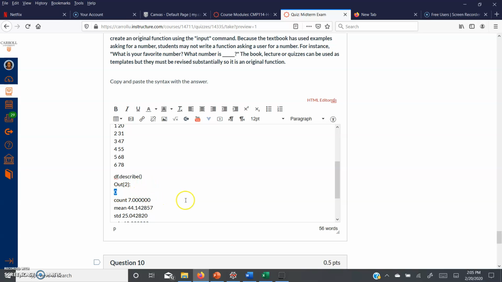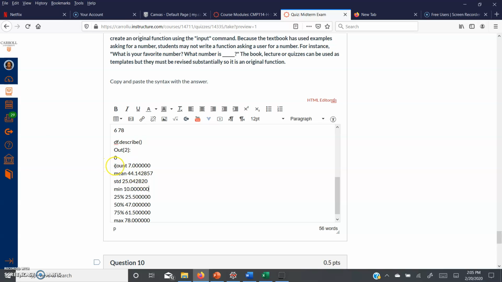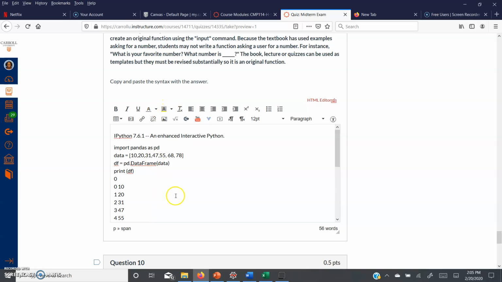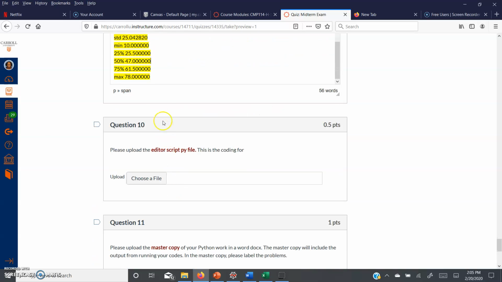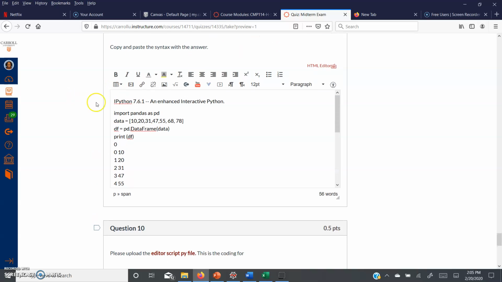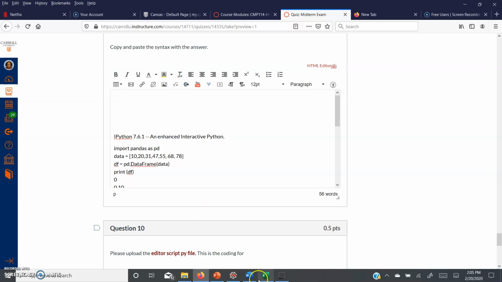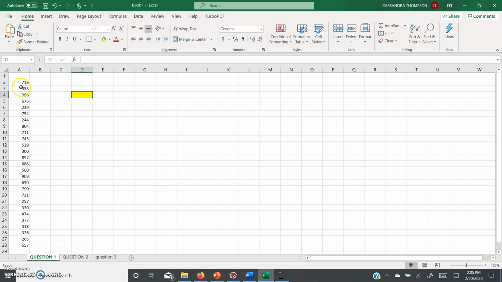And I have had students highlight answers. You can highlight the answers. For example, for most of the information here, I've had students highlight it in whatever color they wanted, and that is perfectly fine. And there will also be problems in Excel. So for example, here is the code. You can copy the code